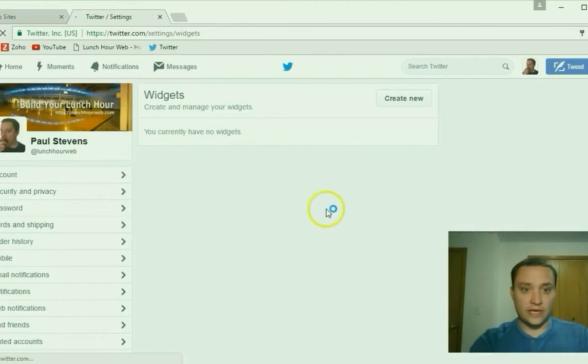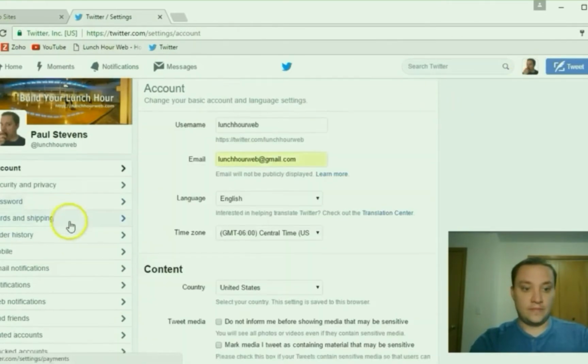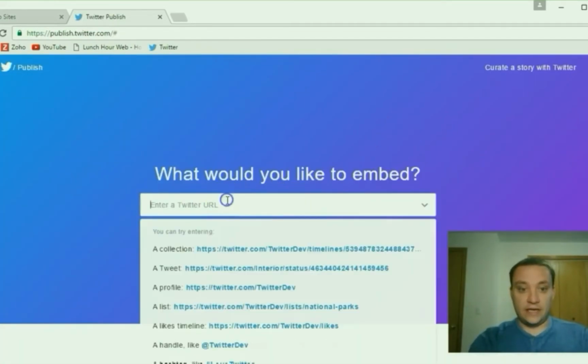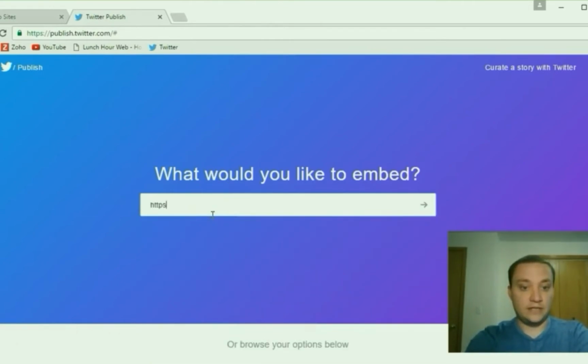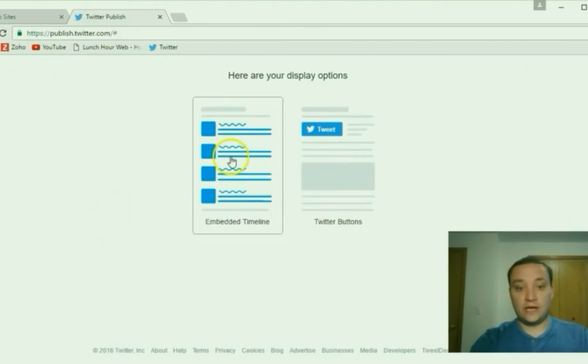This is going to bring up our widgets. You can also get to this on Twitter by going to your profile settings, down here to widgets. And from here we can create a new widget. Let's go ahead and create one for our profile, and it's going to ask us for our Twitter URL. So https://twitter.com/lunchhourweb, and of course you're going to put in your own Twitter username,